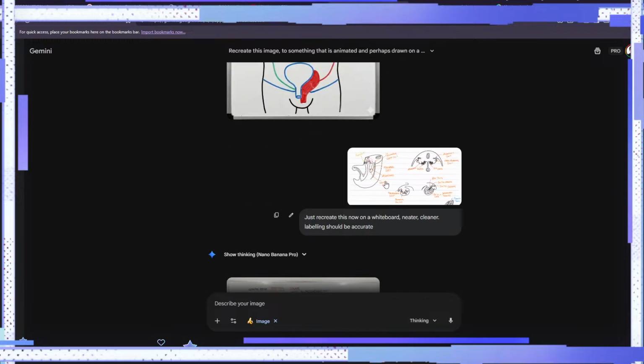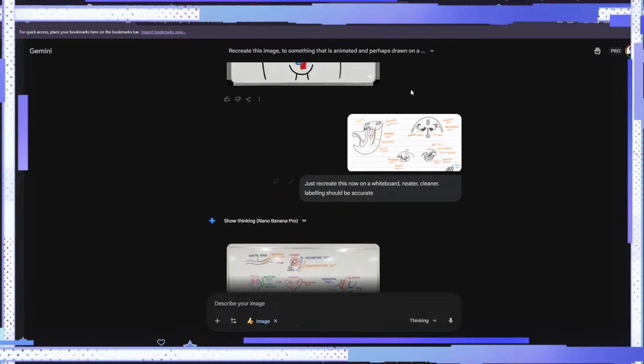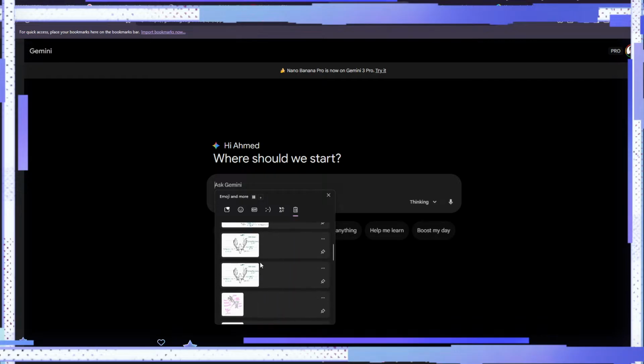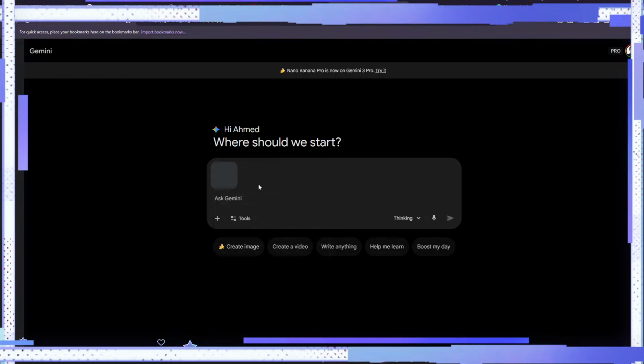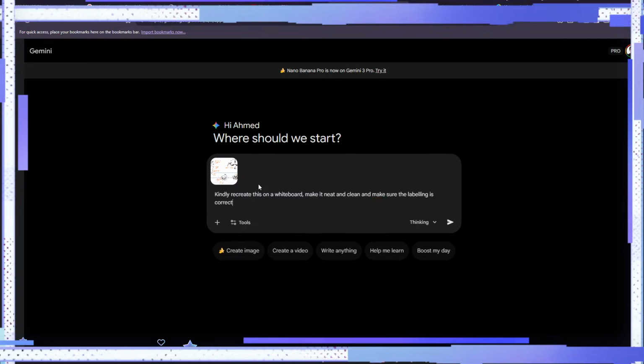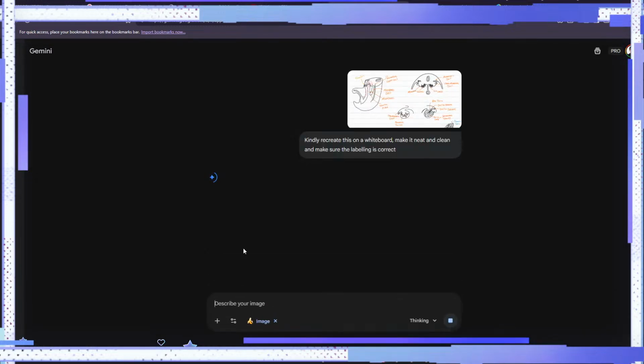Okay, let's just have a new chat. It messed up a bit. No worries at all. Kindly recreate this on whiteboard. Make it neat and clean and make sure the labeling is correct. Smash it in. Let's see what it does. It messed up last time around, but